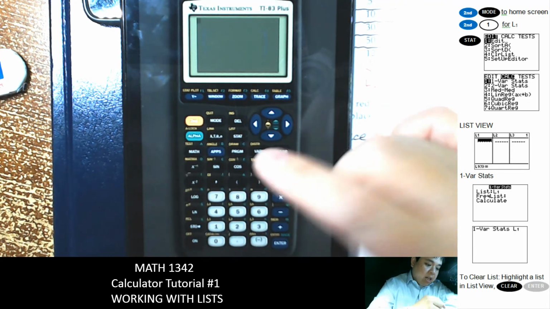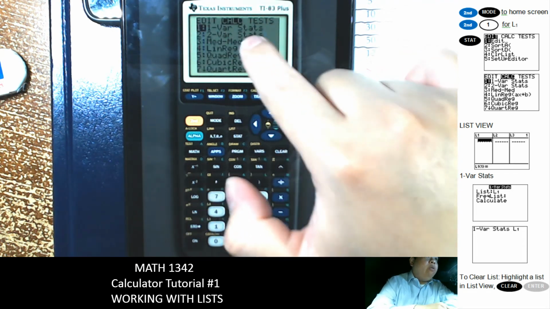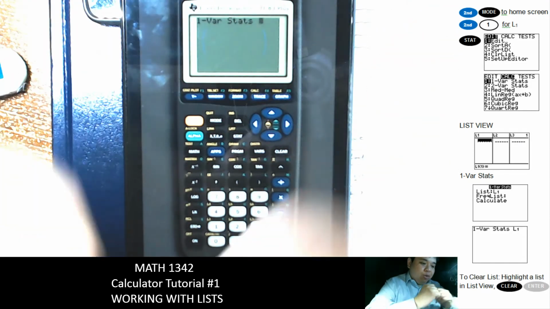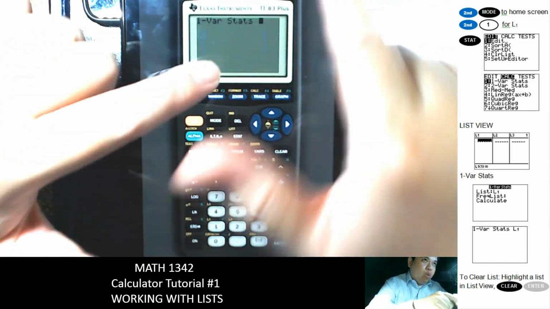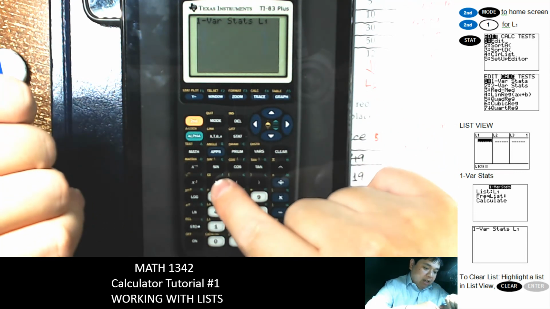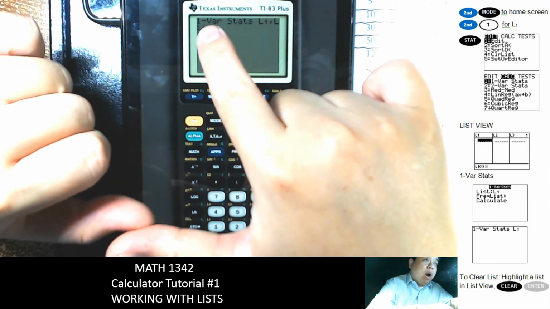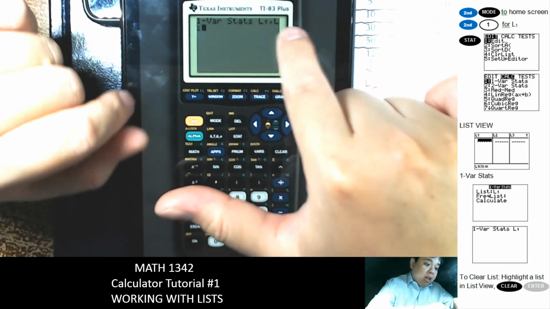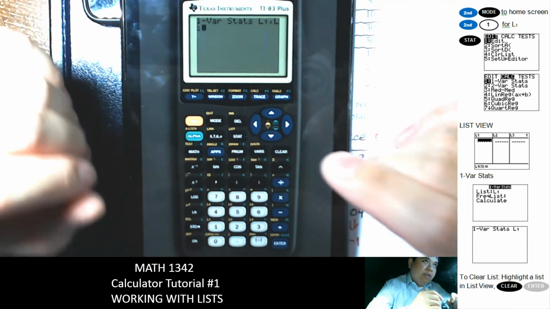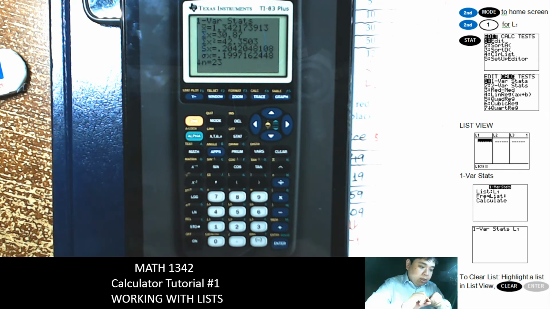Now we just need to calculate the statistics. Pretty much the same thing. Go to the second tab to calculate one variable statistics. Same way. Hit enter. It did not ask you for a prompt where we enter list 1 and list 2, so we will just hit second L1, comma, second L2. Now we take the one variable statistics for the first list, and list 2 will give us the frequency. It looks different, but it will calculate the same thing. And we have the mean